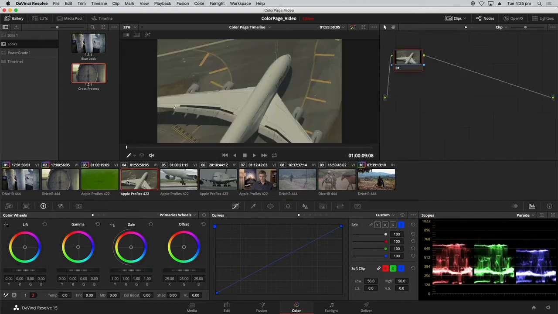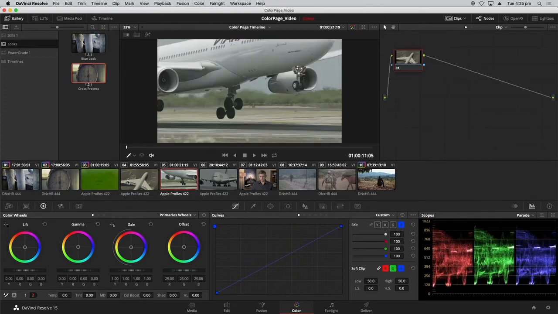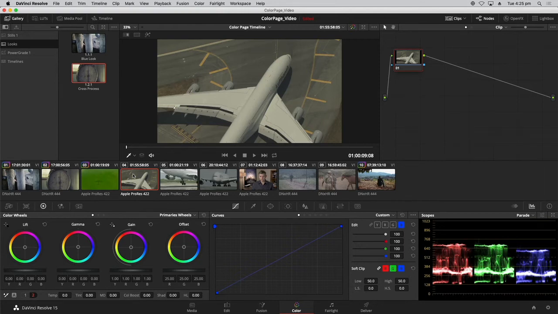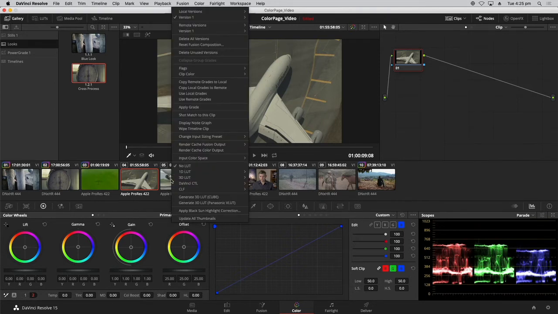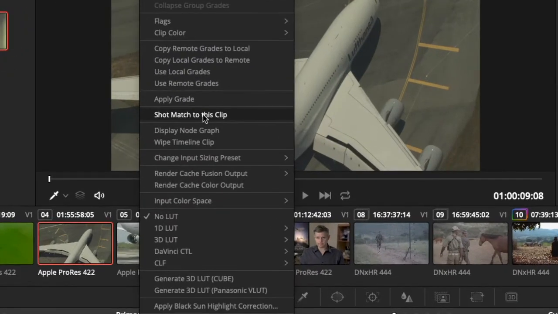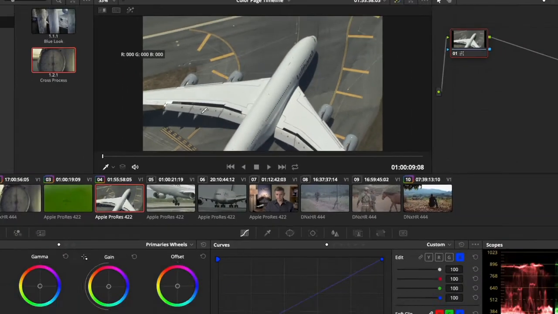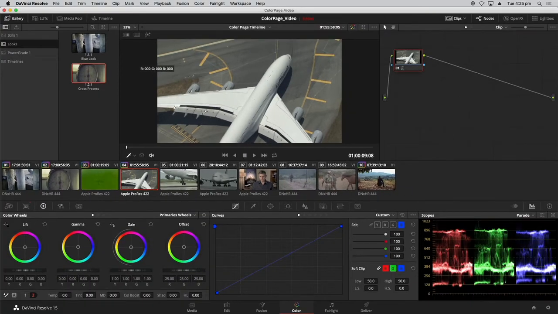And for the first set of exercises, I'm going to use the auto match tool on the color page. So I'm going to select the clip that I want to change. And I'm going to right-click the clip that I want to match it to, and that will be clip number 5. And I will, from the contextual menu, select Shot Match to this clip. And did you see that? So it's a pretty strong